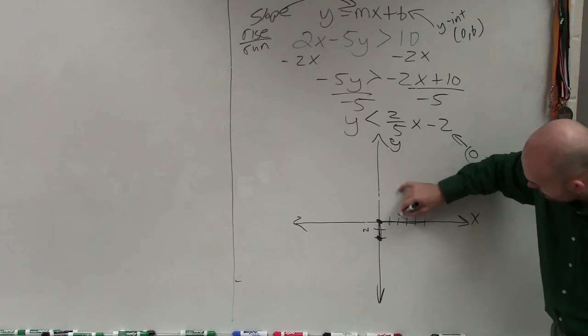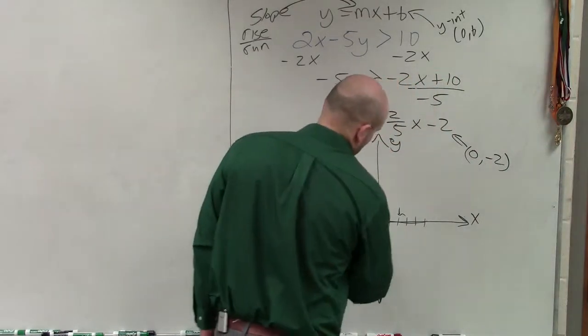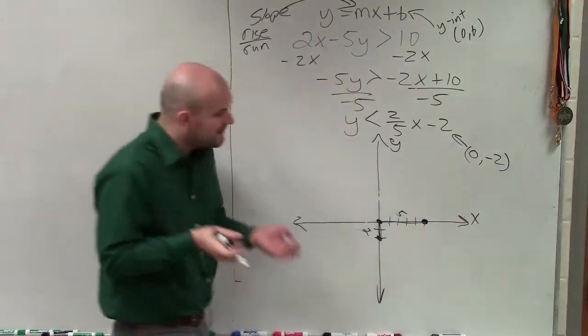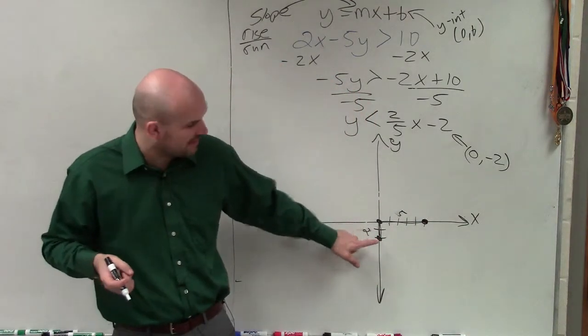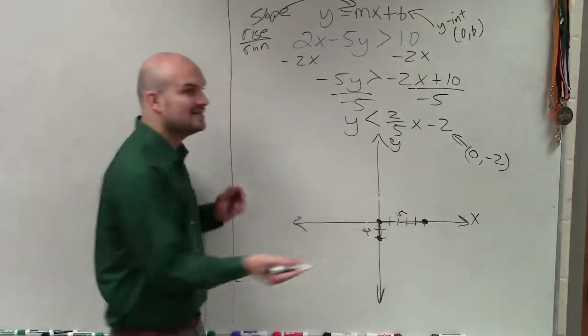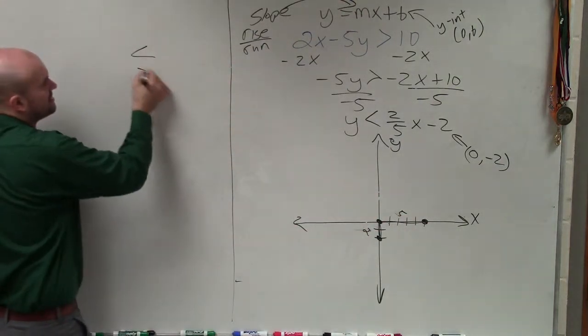So up 2 over 5. Let me write it better. So I find the y-intercept. That's the first point I plot. Then I use the slope to find my next point. And then I can connect. But the one thing we did not discuss yet this class